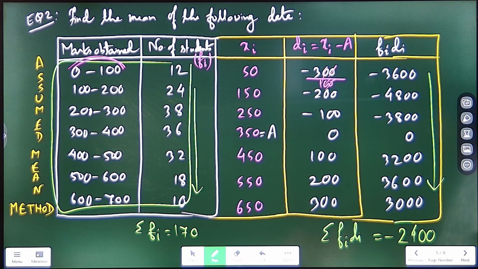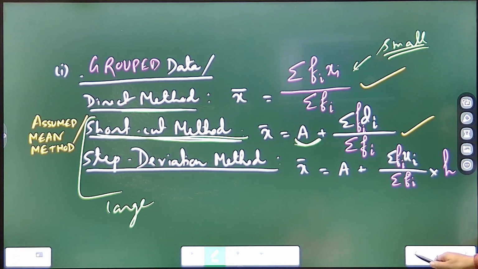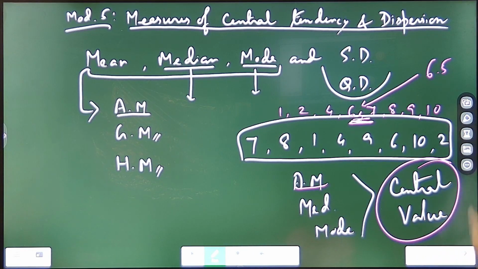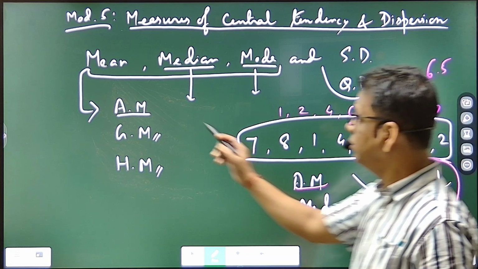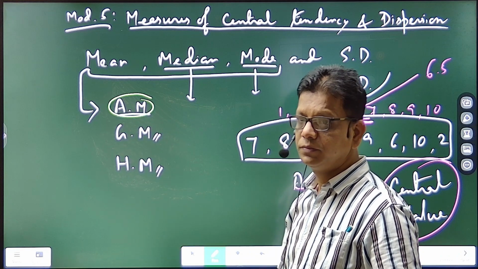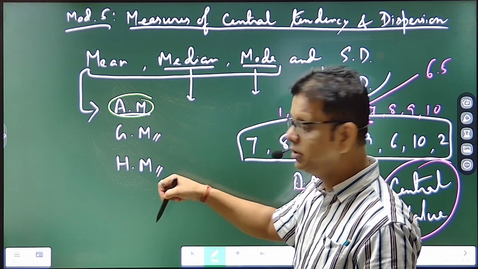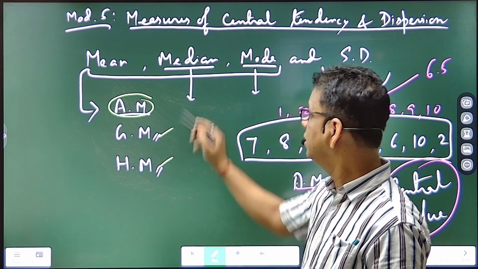Yes or no? Done? So I will not have time to start mode and median, which I thought of starting, but it took time. So this is all I said, mean, median, mode. Okay. In mean also you see, today we did only arithmetic mean. Okay, so entire module 5 is all about this. So geometric mean, harmonic mean, then median and